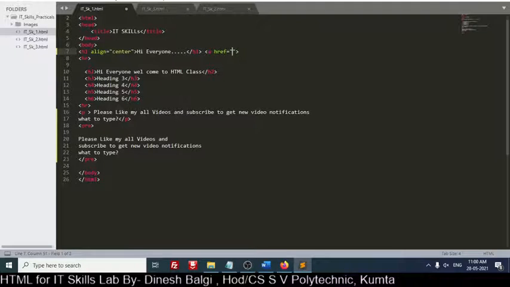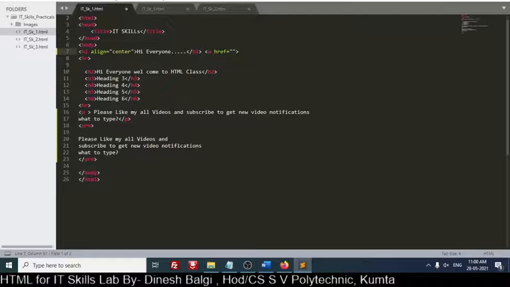Now one more thing you can notice on the screen: I have typed the text directly in front of H1. It doesn't make any difference. You can continuously type the tags one after another. Now here I have typed a href. After href, I can simply write the path of the file.